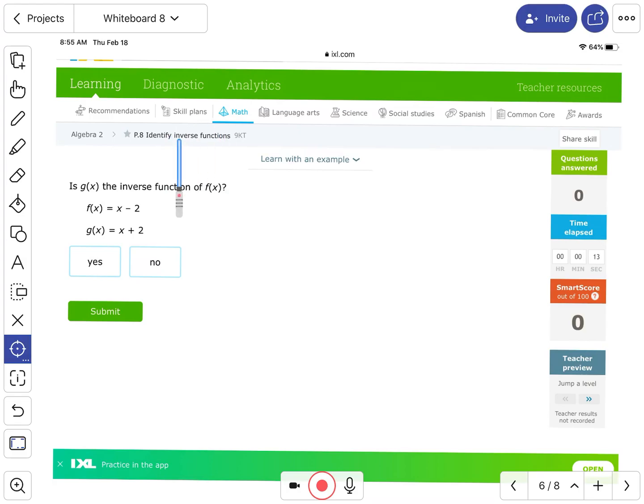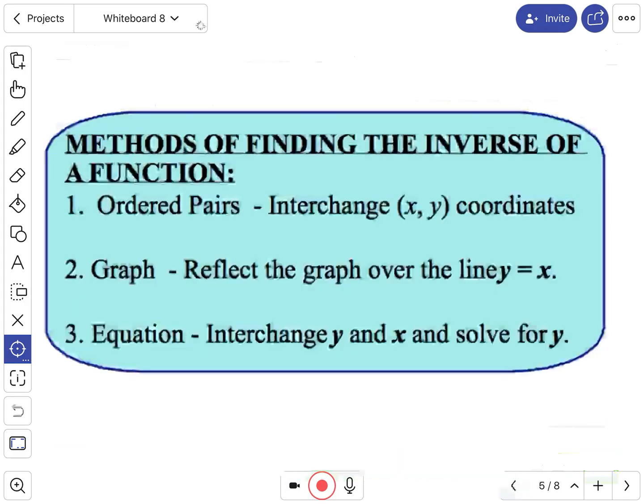And in order to determine if a function is its inverse, we have to first understand how we can check. So these are the three methods for finding the inverse of a function. One is if you have the x and y coordinates change between a function and its inverse. That makes it one of the